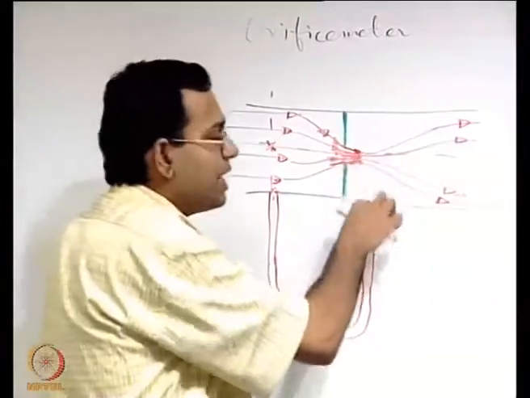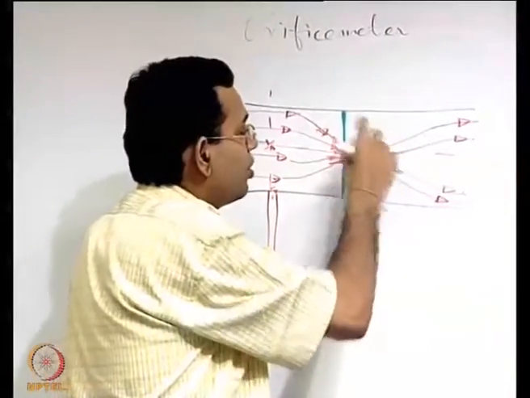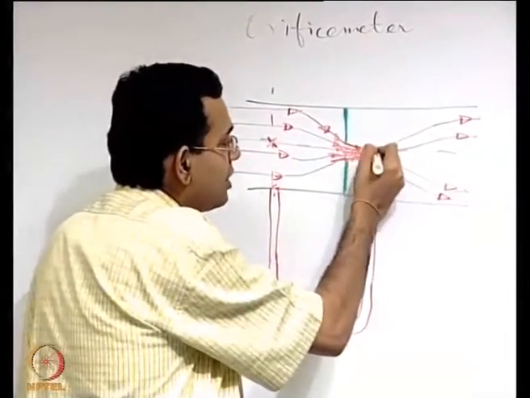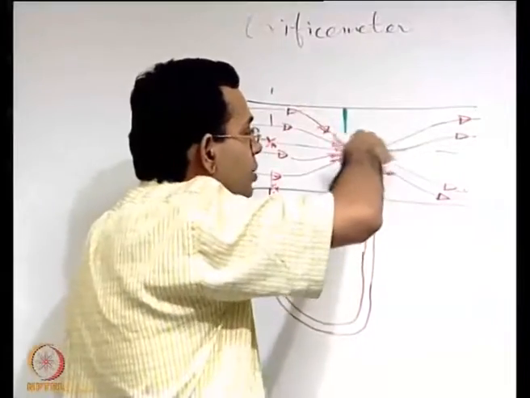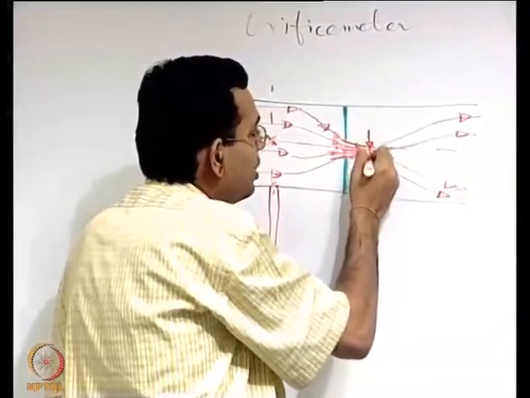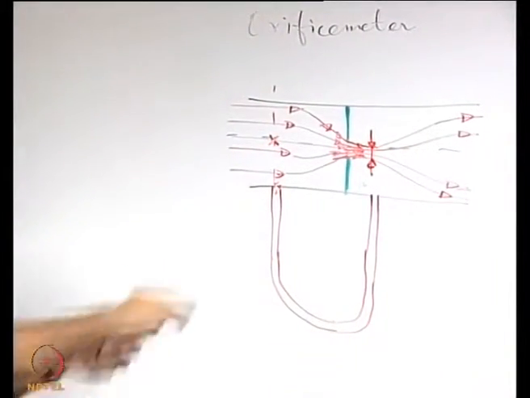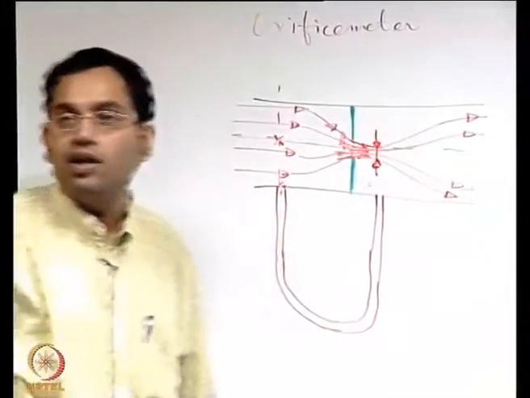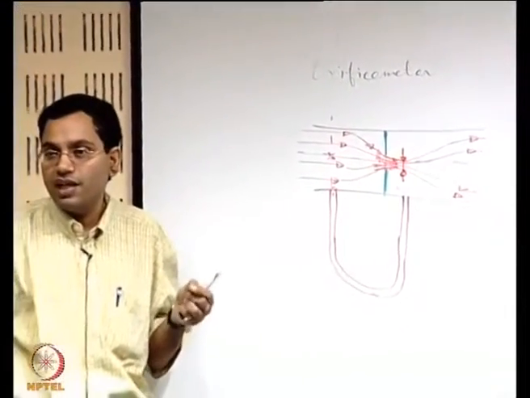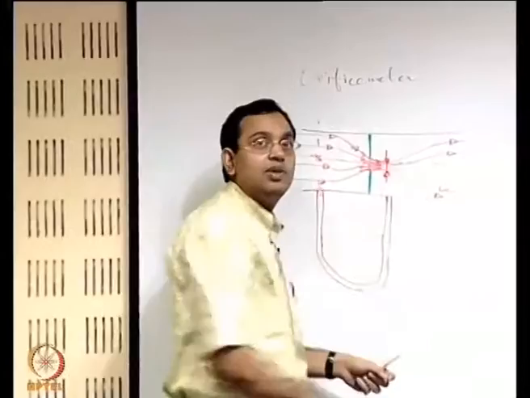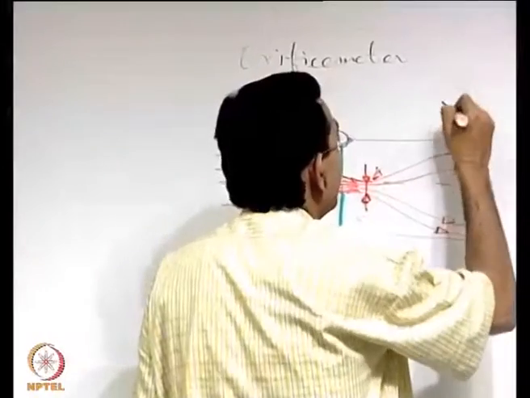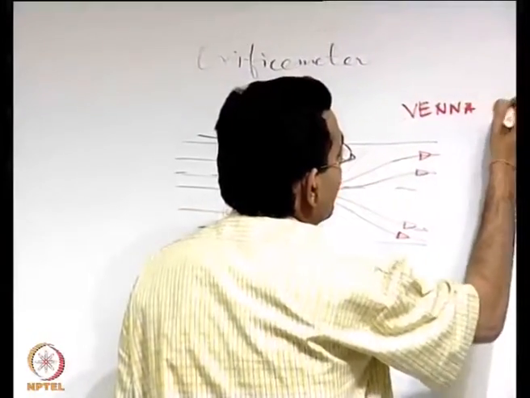Here also, if you want to utilize the same principle, you should come to a location where there is negligible streamline curvature, and that is there only at the place where the distance has come to a minimum. If you consider a curve which has come to a minimum, the tangent is parallel to the axis. So at this location, where the distance between the extreme streamlines is a minimum, the streamlines are almost parallel to each other. There is negligible error because of neglecting the curvature of the streamlines at that location, and this location where the distance between extreme streamlines is a minimum is known as the vena contracta. So that is the name, vena contracta.